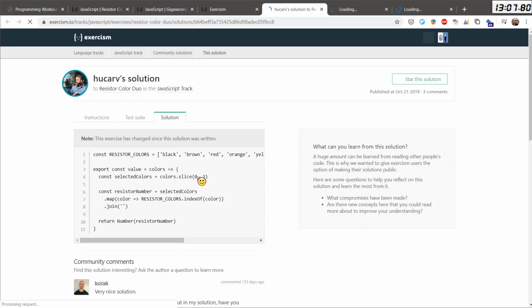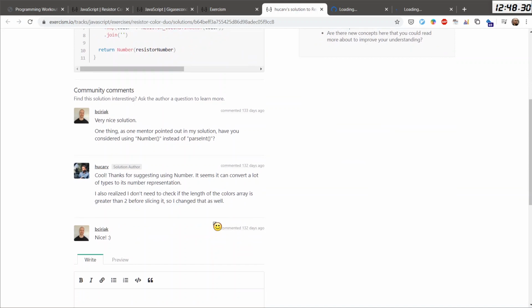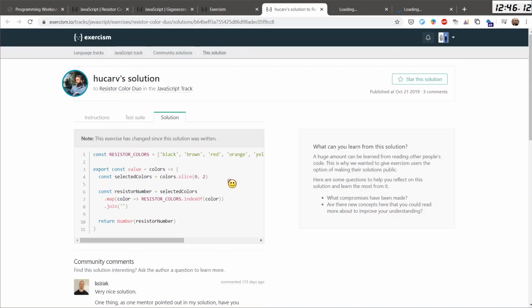Colors, slice, 0, 2, okay, he takes the first 2, and then he joins it and creates a number. One thing, as a mentor pointed out in my solution, have you considered using Number instead of parseInt? Nice.